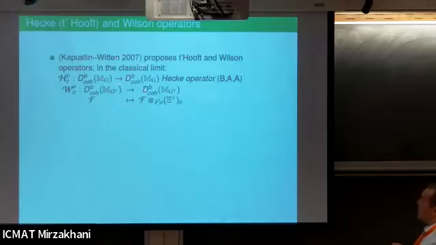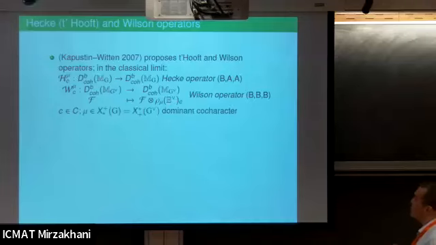And on the other side, we have at least a much cleaner operator, namely just tensoring with a hyperholomorphic vector bundle, which is called the Wilson operator, which will be a BBB brane. So what is this vector bundle? And this will be a crucial player in what will follow.